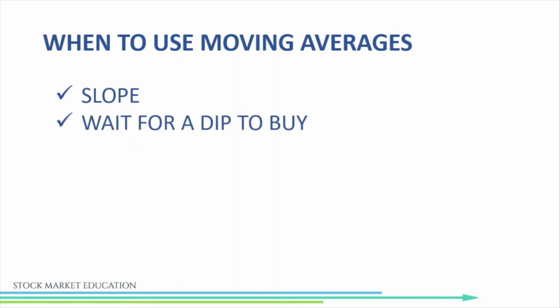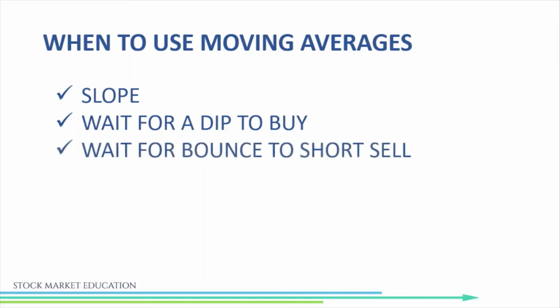Then the second most important thing is wait for a dip to buy. When you want to buy a stock, do not buy at a market price. You wait for the price to come down near the 50 MA and give you a buy signal. There are two reasons why you do that. First one, your entry will be very near to your stop loss as per price action. And second one, if your entry is good, then definitely your reward will outvalue your risk.